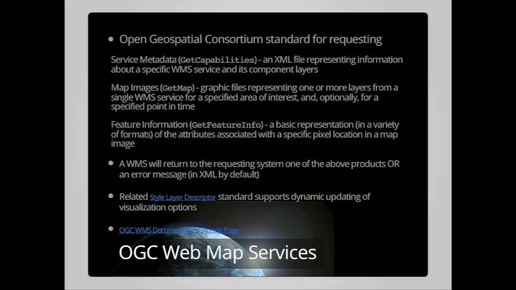Once you have read the capabilities XML file, or more frequently, once an application that you're using has read that GetCapabilities file, a GetMap request can be developed that will hopefully, if properly composed and submitted, return a map image that is a graphic file representing one or more layers from that web map service, where you are defining as a part of that request, in addition to the layers that you would like, the area of interest in terms of a bounding box,